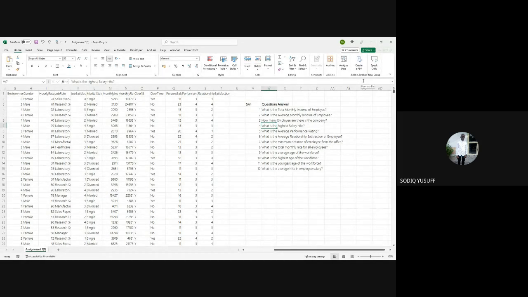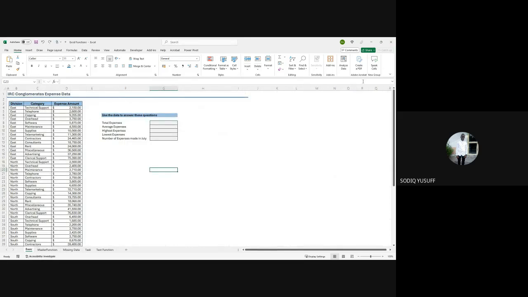Now let's quickly jump into today's business. We have a lot of things that we want to cover. Just like what we did in the last class, let's quickly do a refresher. In the last class, we looked at how to calculate the total expenses incurred by IRC conglomerate. To calculate total expenses, we use the sum function.